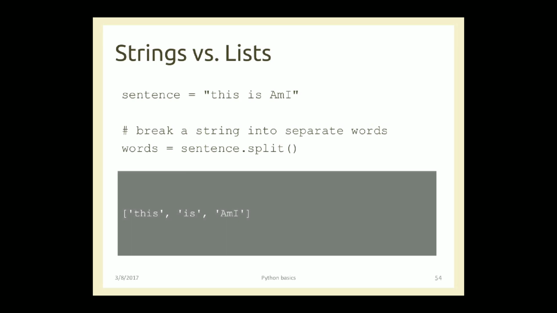So when the split function is applied on the given string, you can see the result. All the words in this given string have been separated by commas in the form of a list. So this is one word, comma, then is, and then the last word is am I. All these are individual words in the form of strings enclosed in square brackets. So we say the given string can be converted into a list when we use split to separate a string into words.